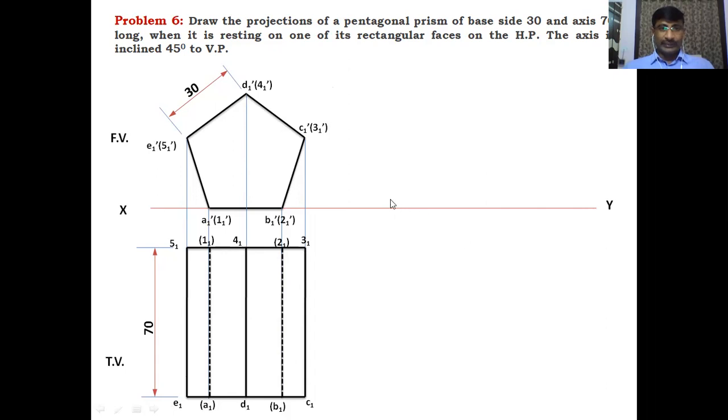You have to draw the inclined line at an angle of 45 degrees first. Locate any point on the XY line. From that point, draw an inclined line which makes an angle of 45 degrees. This is 45. Okay, on this 45 degree line, locate this line first of all. Locate 3 and C. Locate 3 somewhere, and from there locate C at a 70 mm length. So 3 to C is the 70 mm length.